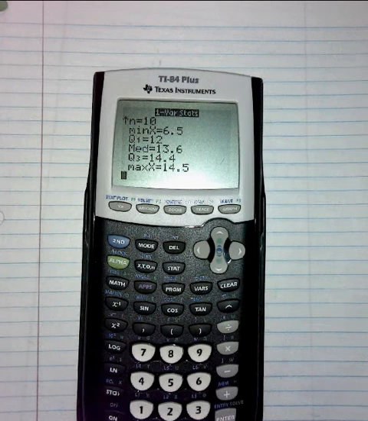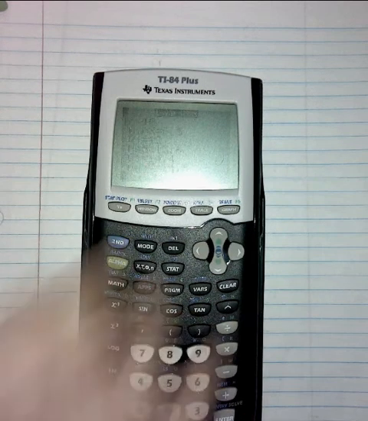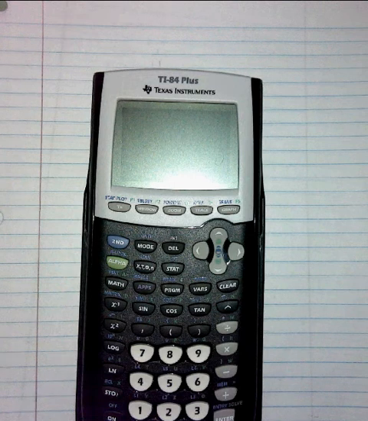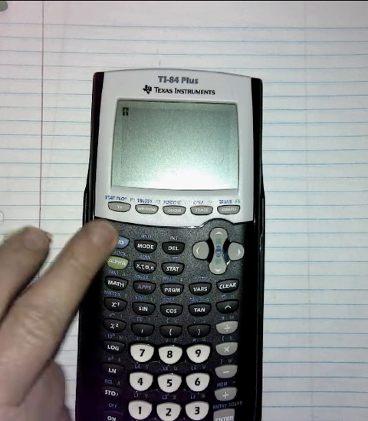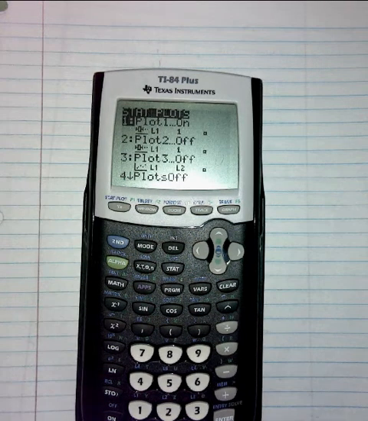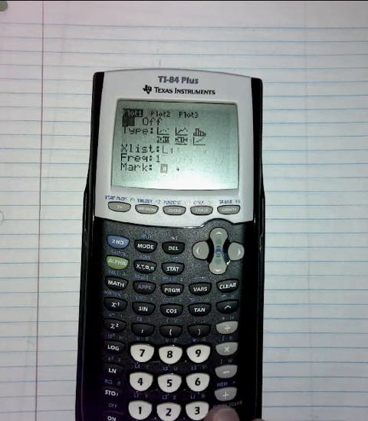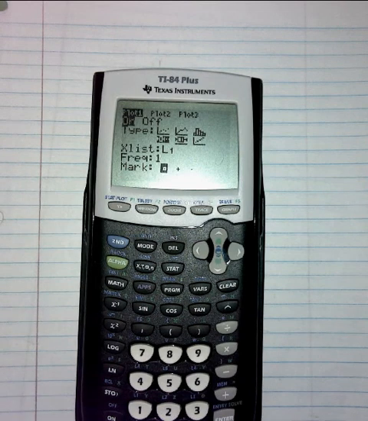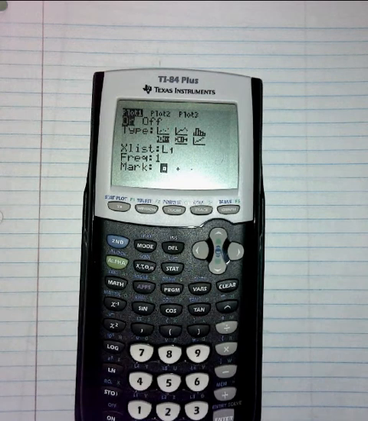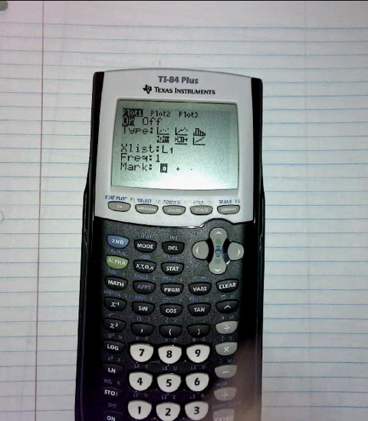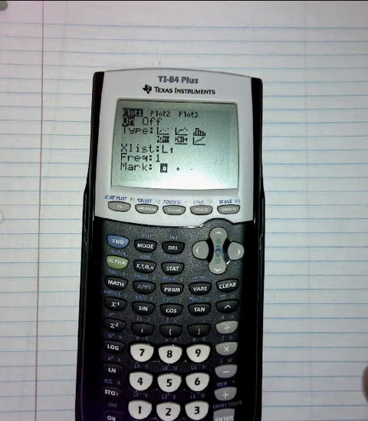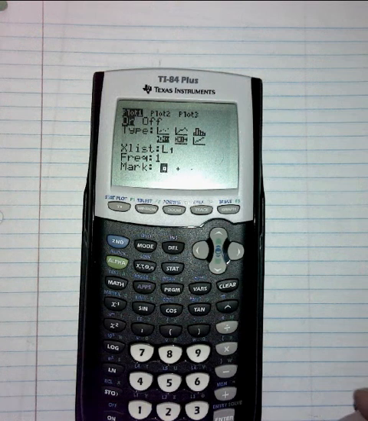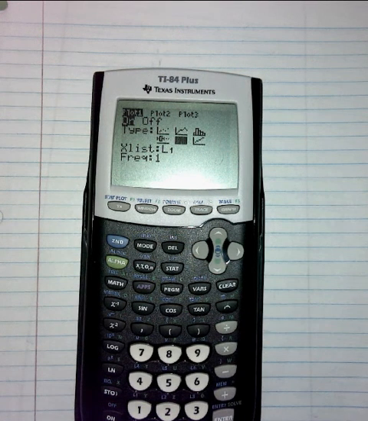Now, the last couple of things I want to show you is the box and whisker plot. So we need to go to what we call the stat plot. So we're going to do second and the y equals key to get to the stat plot. So we're going to select number 1, and we want to be sure the plot 1 is on, and then we arrow down and we want to go all the way through these plots and go to the next to the last one, and press enter. And we're going to have our list in L1,